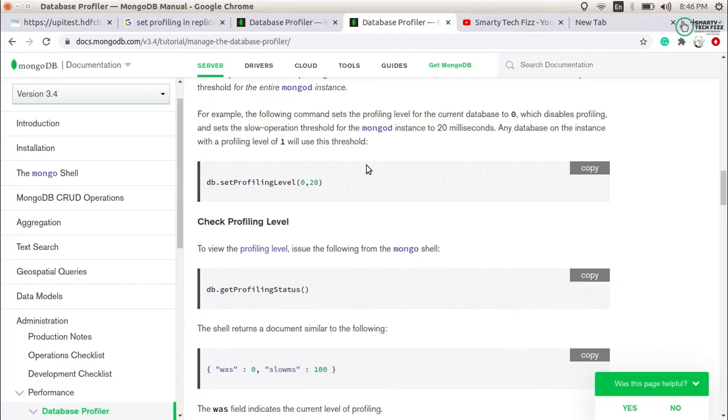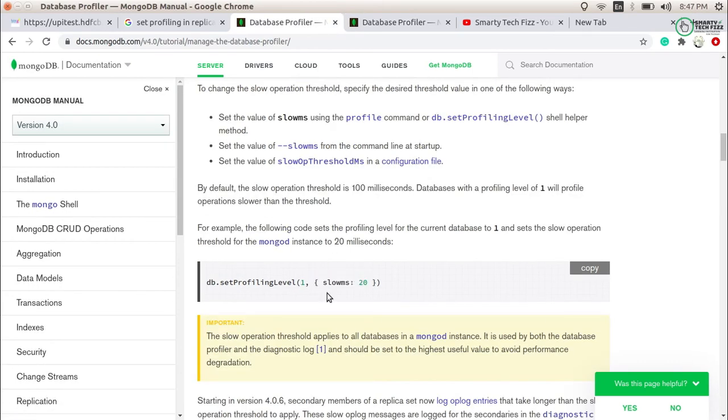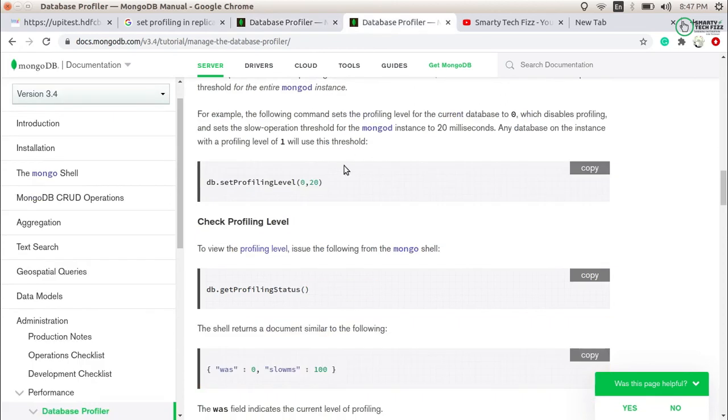Now in case of MongoDB 3.4 or 3.2, I can say versions less than 4.0, the profiling level is set using this method. Here we don't have a sample rate, and for slowms we don't have to provide the value like this. You can just provide the 20 here. This 20 is for the slowms, and we have the same levels here, 0, 1 and 2, for the profiling. So you can enable the profiling level like this.